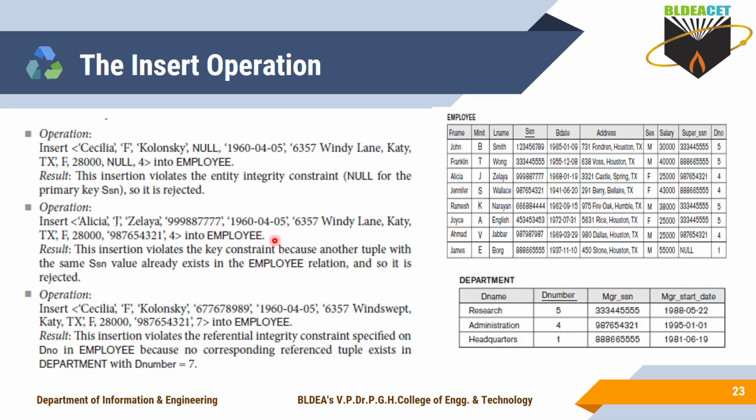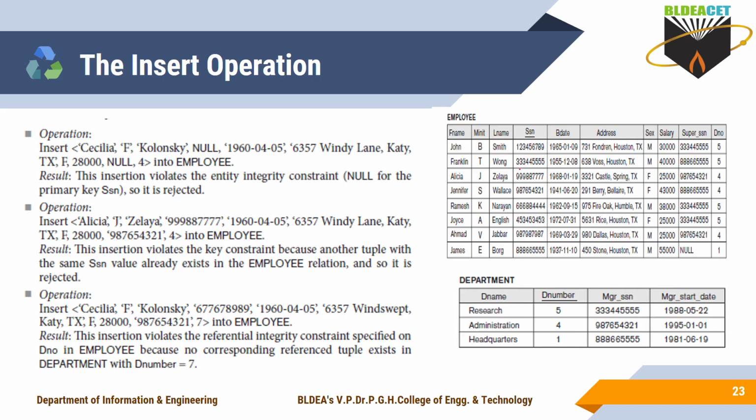It is not considered a valid state. Why? It also violates some condition. What is that condition? Let's see. For the primary key I have taken the value 99988 7777. See, in this table it already exists. Yes or no?